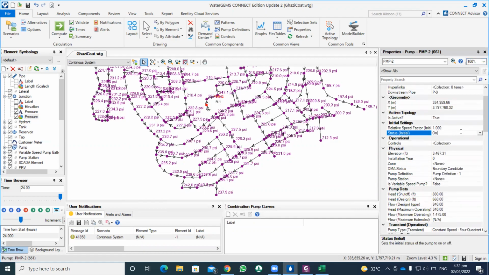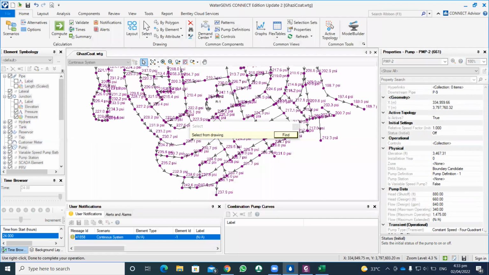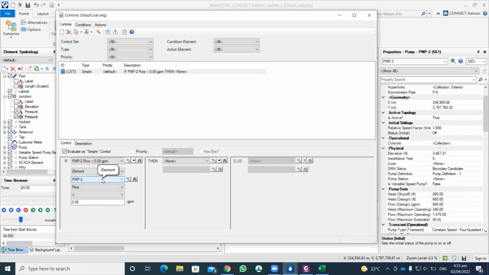Basically, when the simulation starts, I want the pump to be off, and I want to give a control that at 4 a.m., for example, the pump turns on. First you have to select the pump element. After selecting the pump, what you will do,